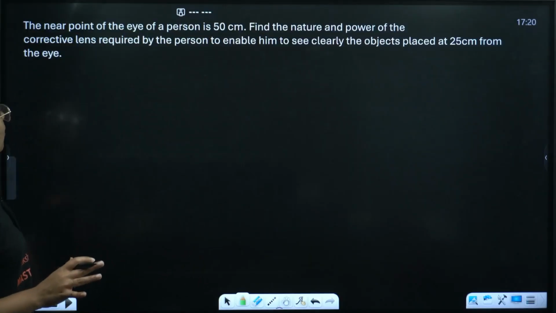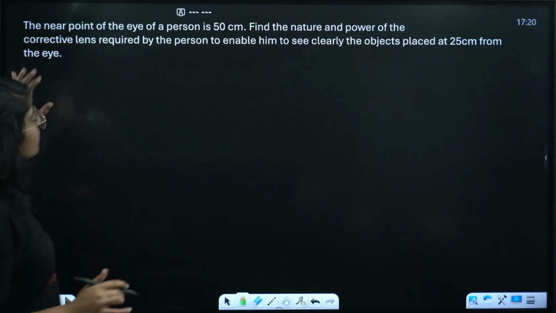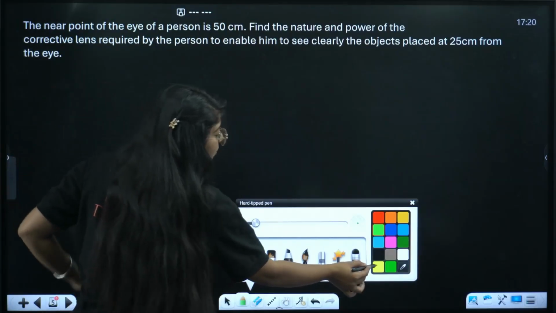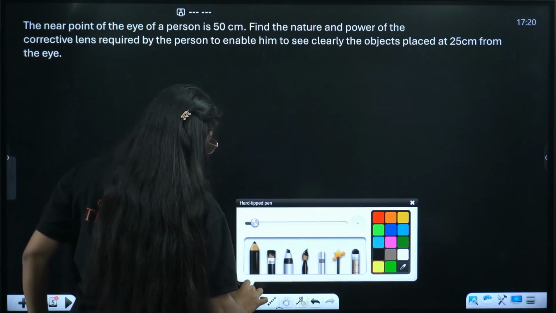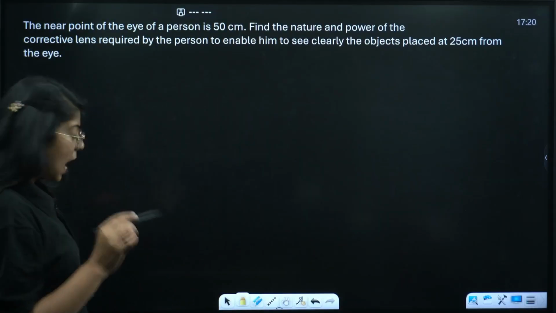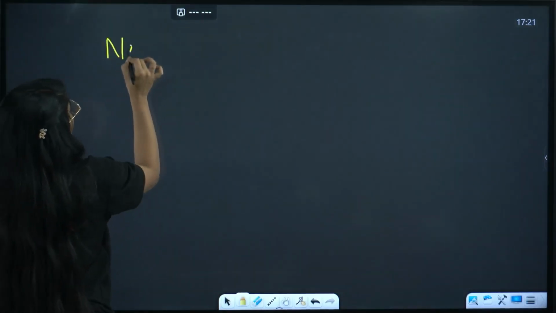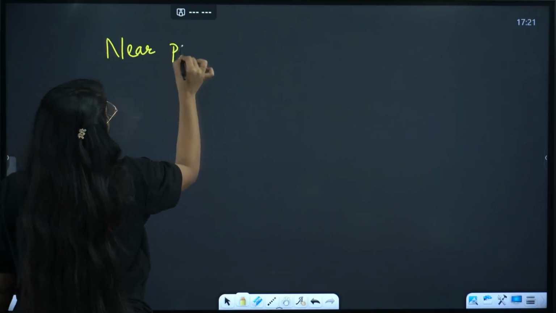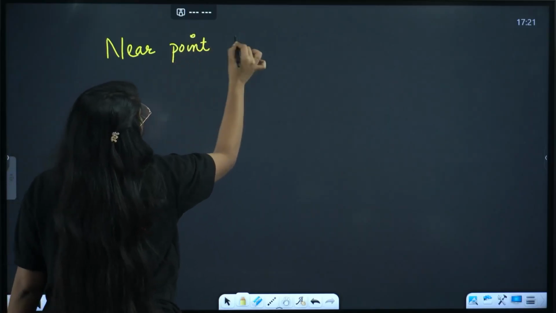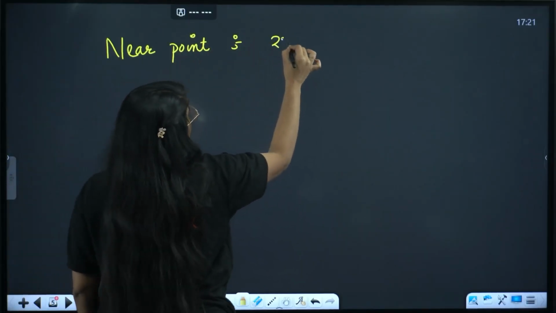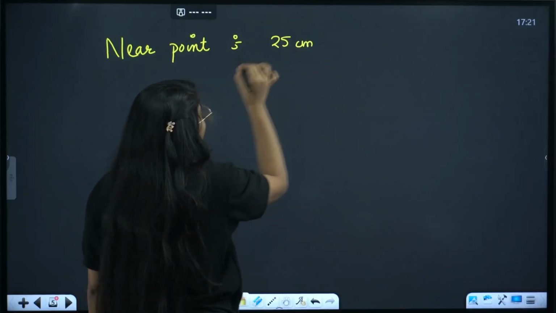Okay, let's move on to the next question. The near point of the eye of a person is 50 centimeter. Whenever we have questions like near point, what you have to do, they'll give you a near point, let's say 25 centimeter, right? So for corrective lens,